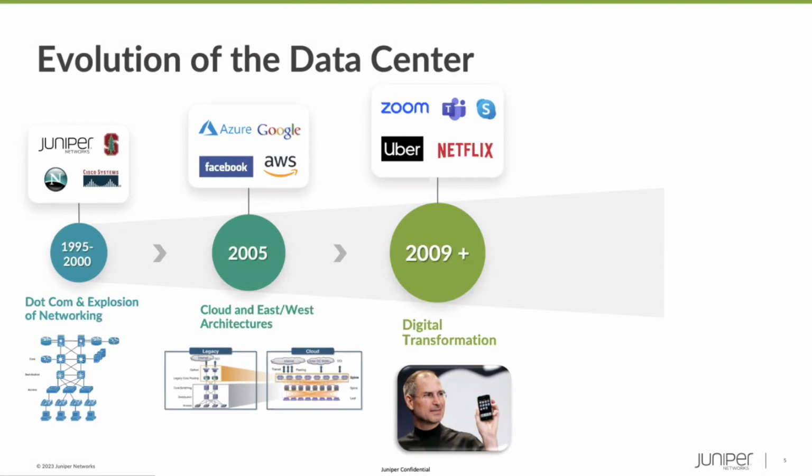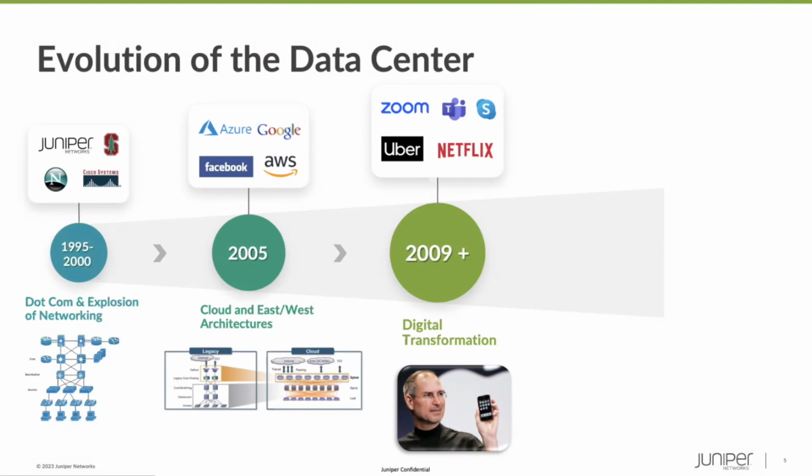Everything you can think of, you can do now with your phone, which means, think about it, for everything you do, you're touching a data center somewhere, you're touching a network somewhere. So these networks not only were growing massively in size and getting more complex, but they were becoming critical to everything we do. The networks are the foundation for everything we do. This is the phenomenon that is referred to as digital transformation. And the thing about digital transformation is that it has networking at its core.